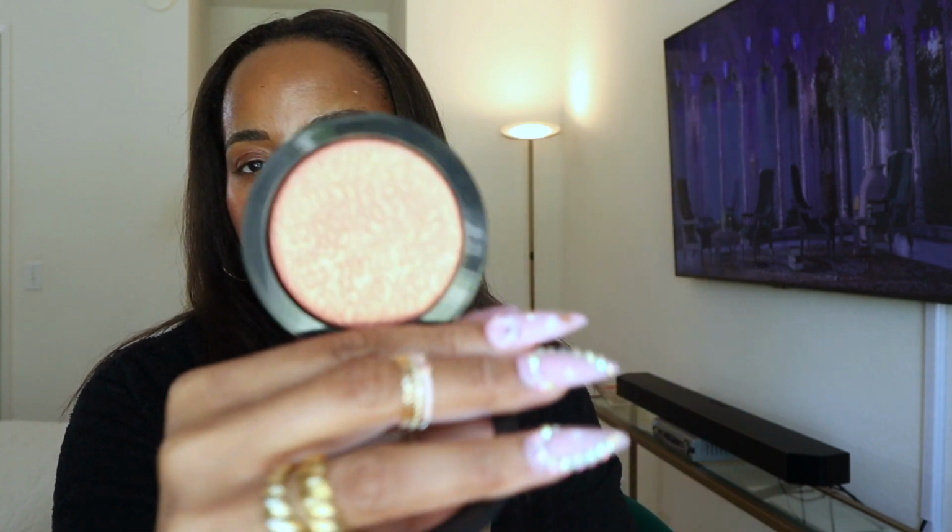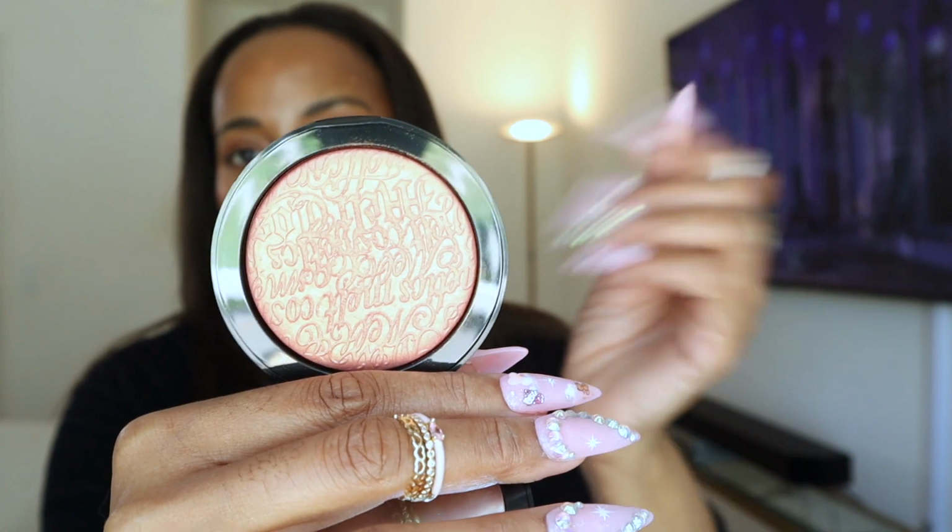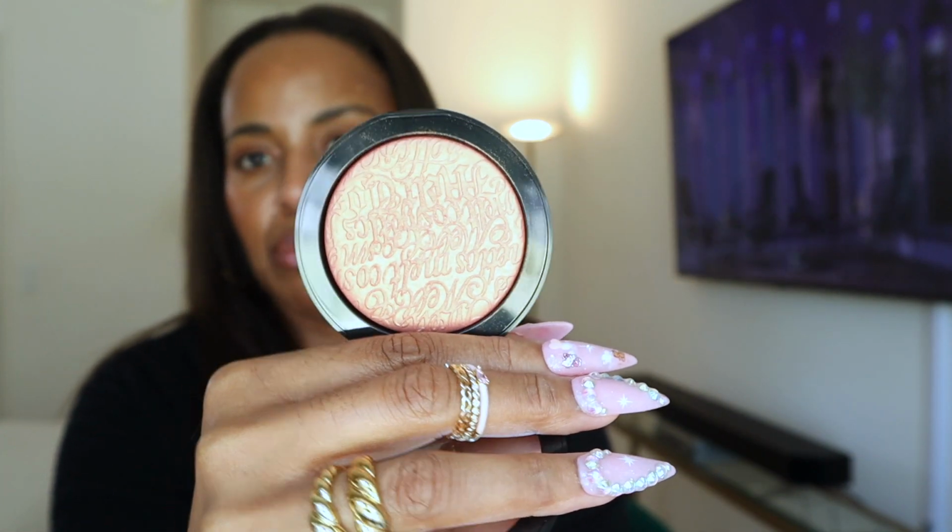I also grabbed just one of the Melt highlighters on the website, but Sephora also had the one shade Genesis that I was eyeing because the shade is unusual. I don't have it in my collection. And I've heard that their formula is kind of borderline Rare Beauty, which is an amazing formula at the moment for highlighters. So that's Genesis. And sure enough,